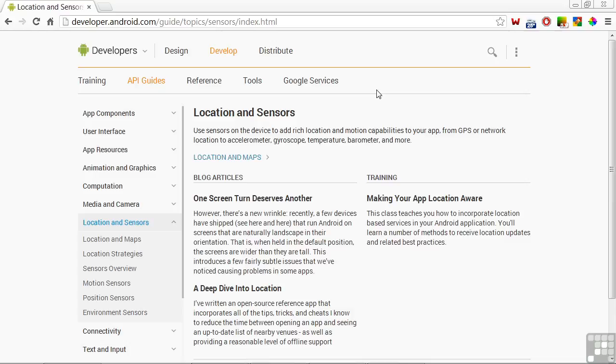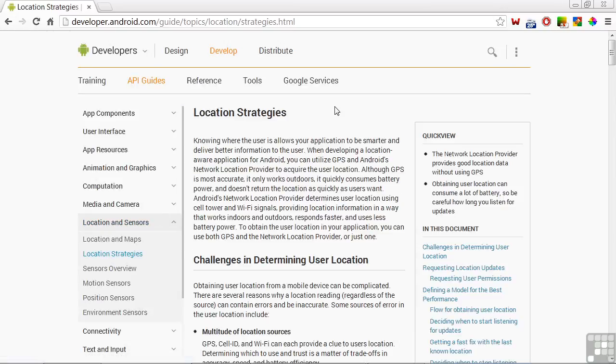There's a good page on the developer's website about this, the Locations Strategies page. In developing location-aware applications, you can utilize GPS, the Global Positioning System, and Android's network location providers to acquire the device location. GPS is the most accurate. However, it has some negatives. It only works outdoors, it consumes a lot of battery power, and sometimes doesn't return the location as quickly as